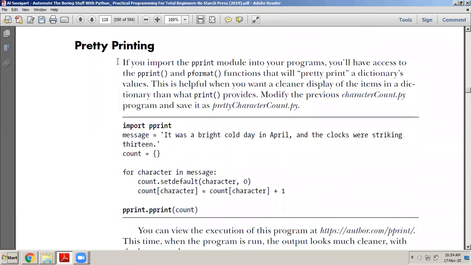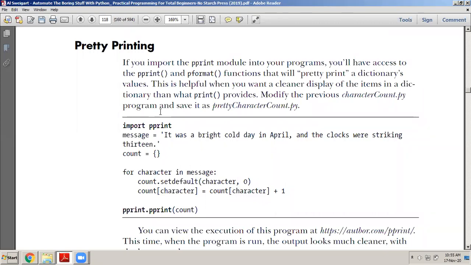So there is a function called pprint, which means pretty printing, which is used for displaying the output in a more formatted manner. We use the print function to display something on the monitor. You know that if I want to display something on the screen from Python, we use the print function. The print function is used for displaying something on the standard output device, that is the monitor. There is a special print function which is called the pprint function. A pprint method is there, which is present in a library called pprint only.